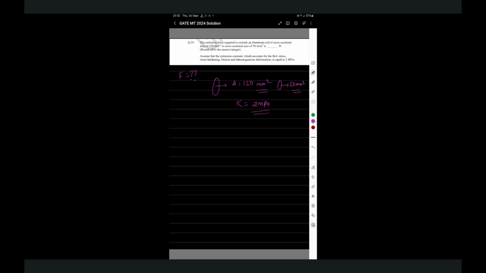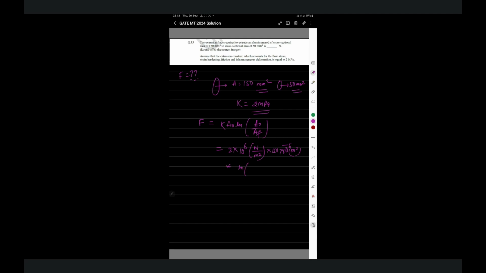So this is basically a formula based question to calculate extrusion force, which is given by K into A naught into ln A naught upon A F. This is 2 into 10 to the power 6 newton per meter square into 150 into 10 to the power minus 6 meter square